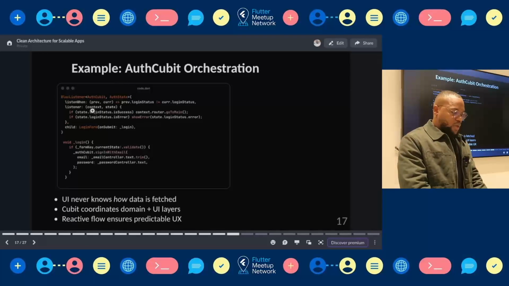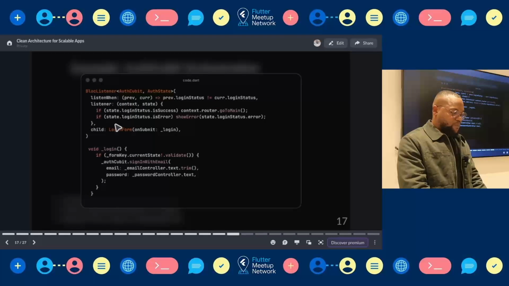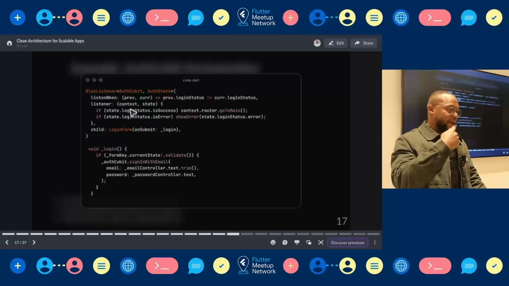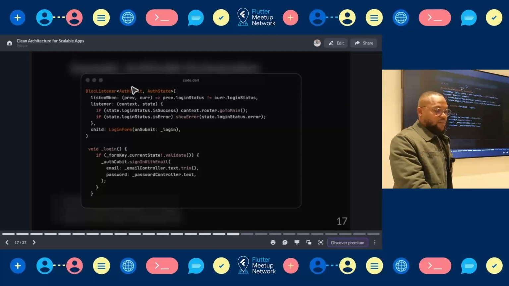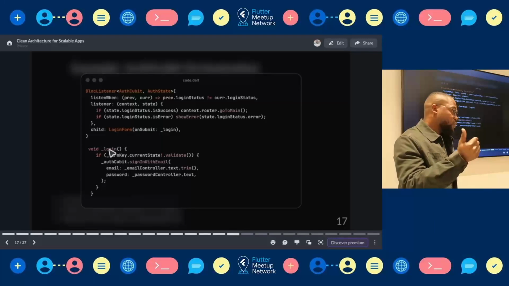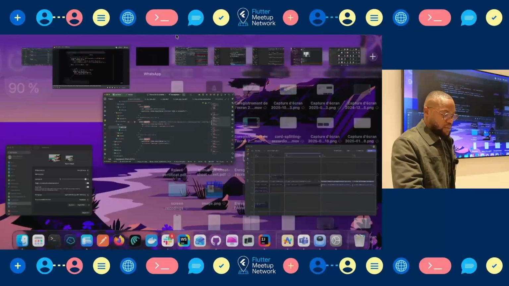Here we have an example of how the user interface is reacting to the state changes from the cubit. We have a bloc listener, and the bloc listener will listen to the auth cubit state. So when we tap on the login button here,